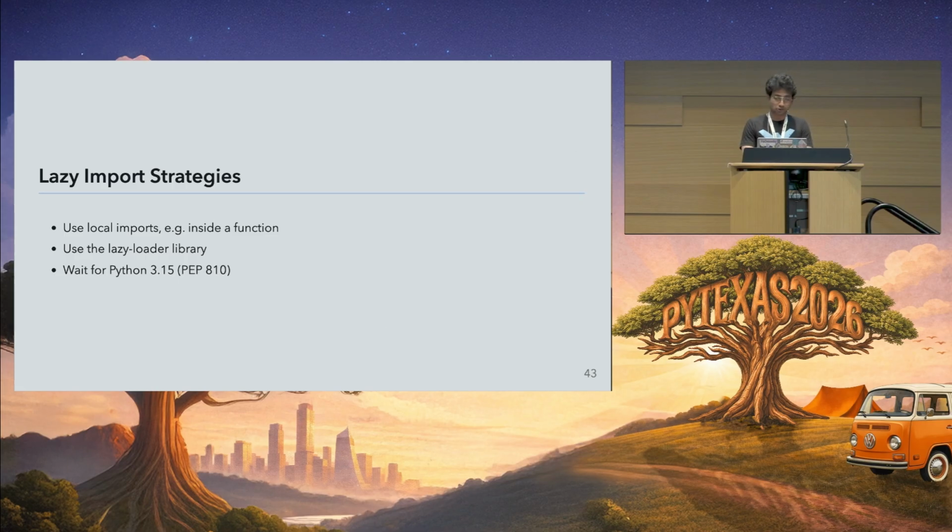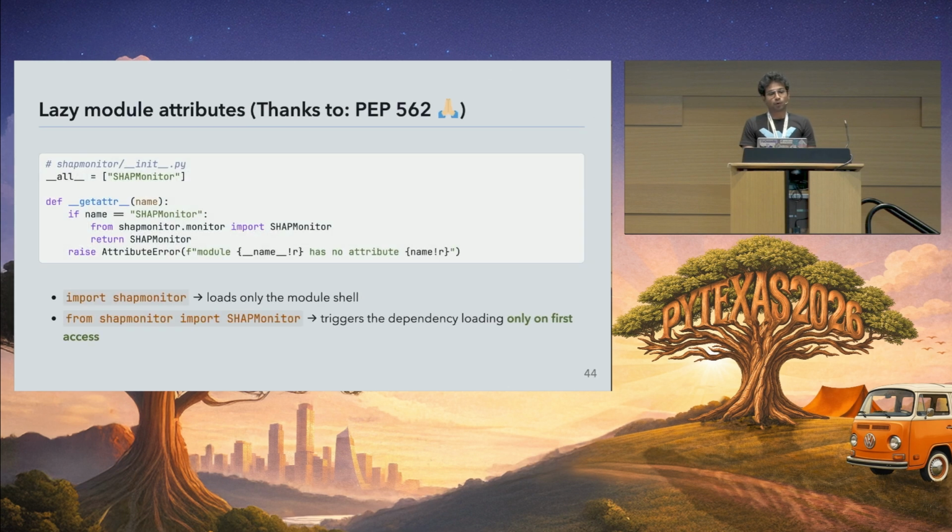I also sometimes use local imports, even though they are not pretty, to be honest. I don't really like that, but it gets the job done in some way. Okay. Now, one more thing that you could do is that PEP 562 actually allowed you to define a module level __getattr__ dunder method, that intercepts the attribute access on the module level itself. So you could do something like this.